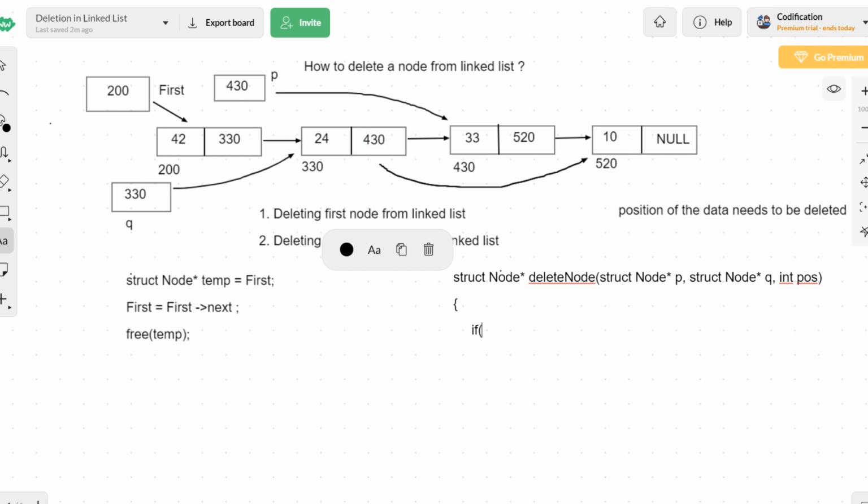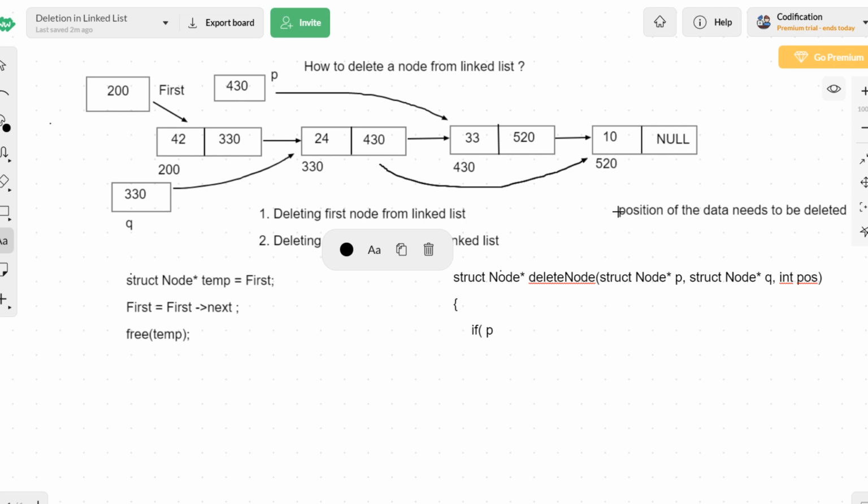I think there is no need of checking null because we'll be giving a position, and that position of the node to be deleted has to be a valid one. I cannot give 100 or 10 when only 4 nodes are available. The user who is entering has to enter a valid input.